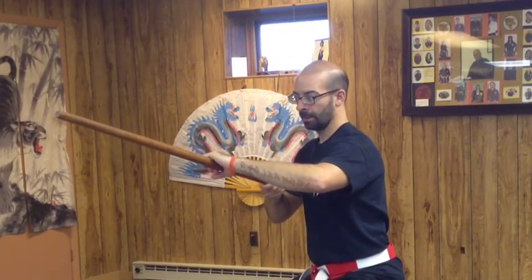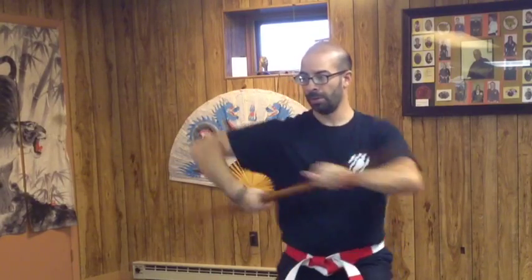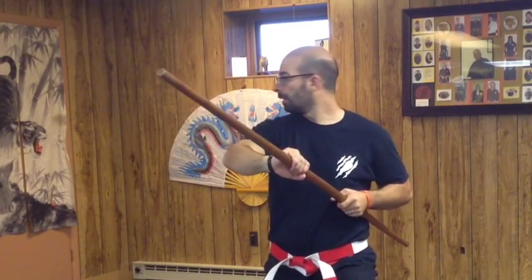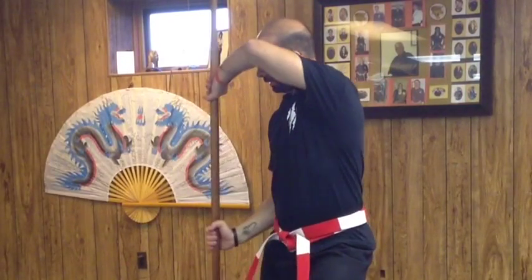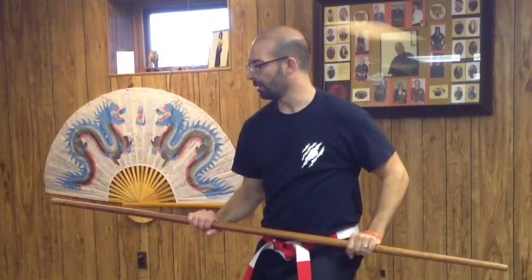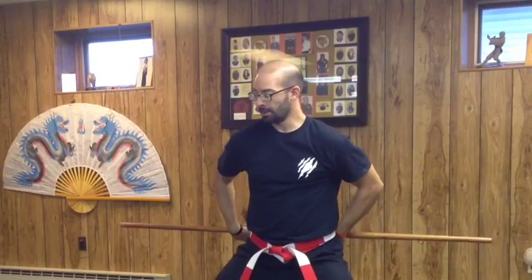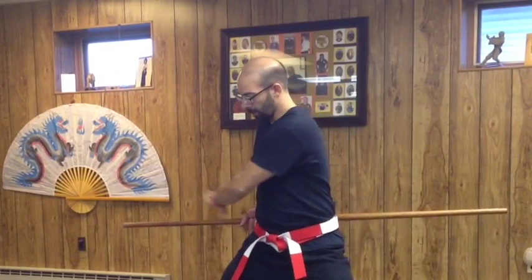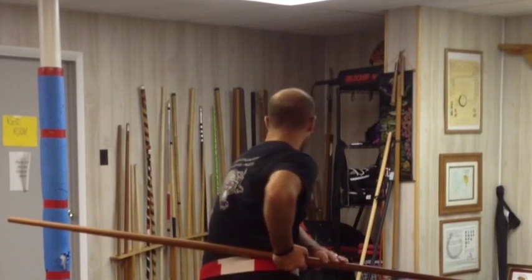Instead of coming down on the angle like we did over there, we're going to come across, dropping into the back stance. We're going to press block to the corner, we're going to pull, shift and strike, look over our shoulder, check our leg, we're going to block to the side, strike to the groin, drop into a horse block, behind the head, catch it, switching the grip, bringing the other hand around, reaching around, cross, turn, turn,